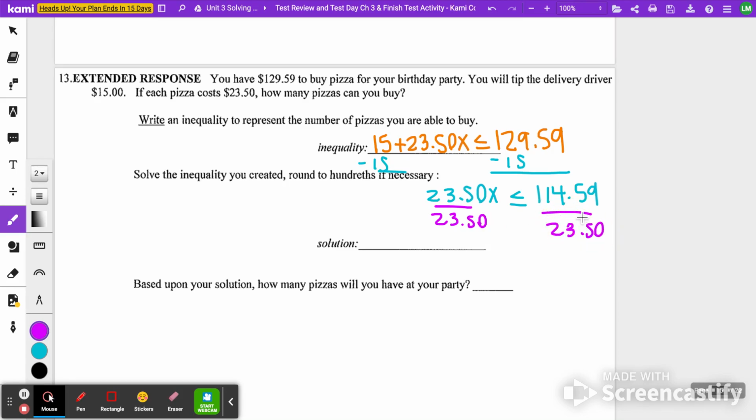So 114.59 divided by 23.50 is x is less than or equal to 4.87. So I would probably need to buy only 4 pizzas or less. And the reason is if I tried to round this up to 5, 23.50 times 5